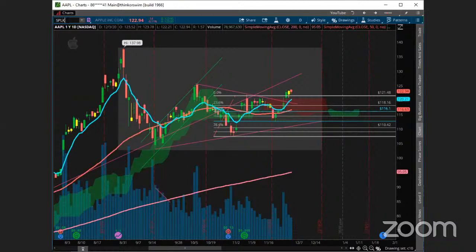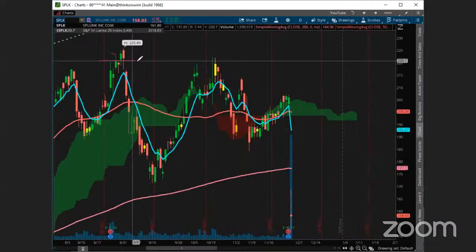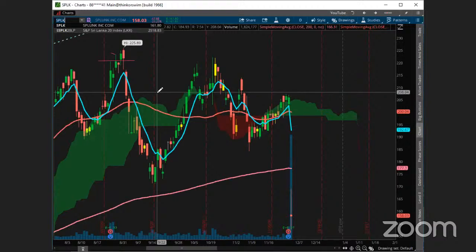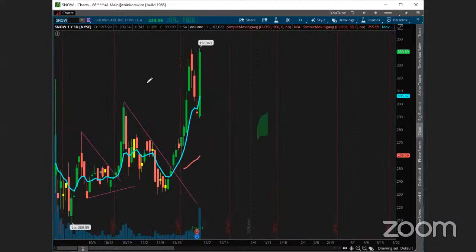ADPM. Let's take a look at SPLK again. Got splunked today, right? So keep an eye on the highs and lows, see if we can break out of one of those levels. Snow candles look like a hook cross, potential reversal soon. Yeah, I mean, Snow is just a huge day today, right? It's just a big push to the upside again. Well, if it breaks above those highs, it could get some follow through to the upside. In fact, it could be an interesting one to see going into tomorrow.